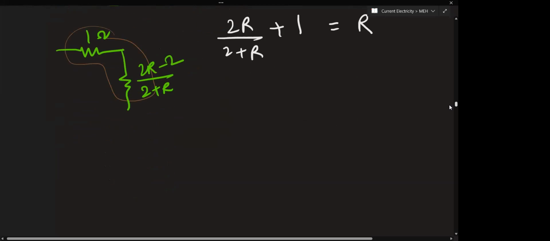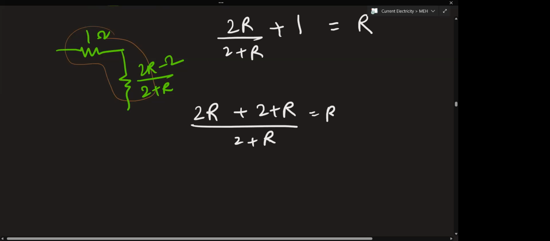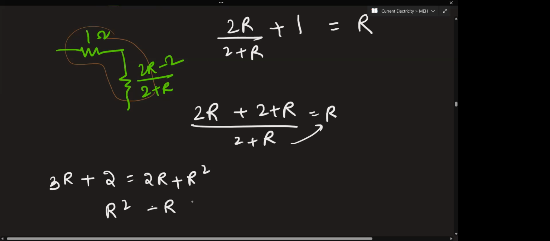You have an equation with you. You just have to solve this equation. Take the LCM. LCM will be 2 plus R. This will be equal to R. Shift this, move this. That becomes 3R plus 2 is equal to 2R plus R square. Move every term towards the right hand side. Now this is a simple mathematics equation, you can solve this. R square minus R minus 2